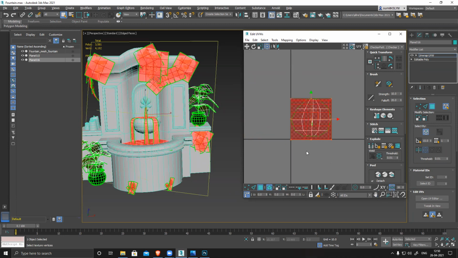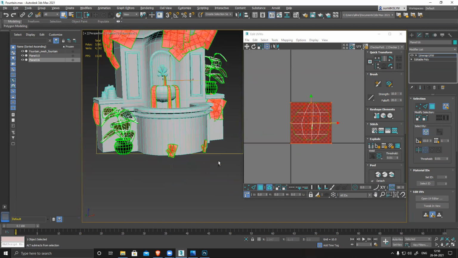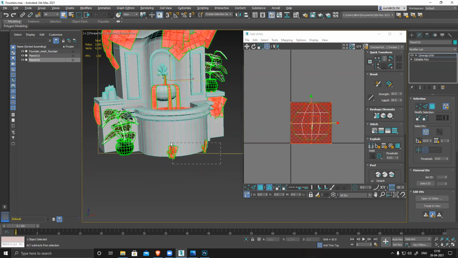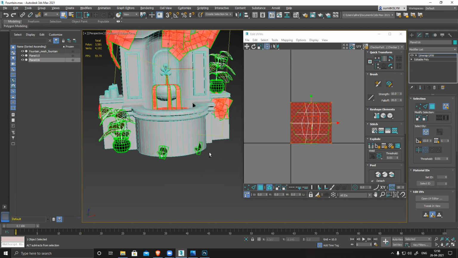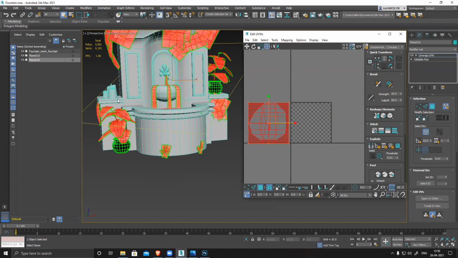So select this. This is all IV, and deselect. All the IVs are selected. So element mode, select all the IVs, all UVs are here. Right now, I'll move everything outside. You can see everything changed.